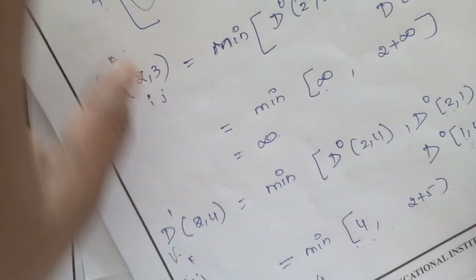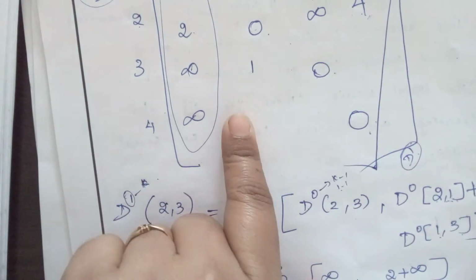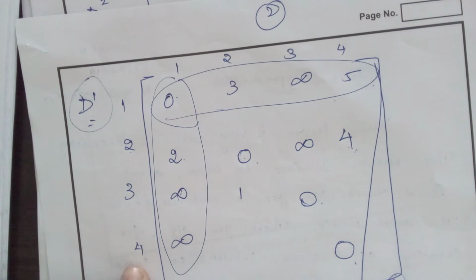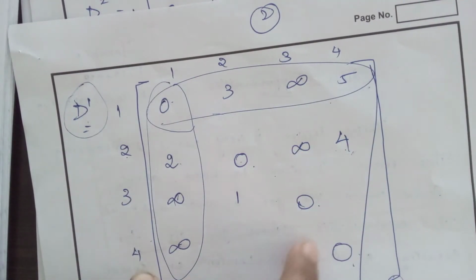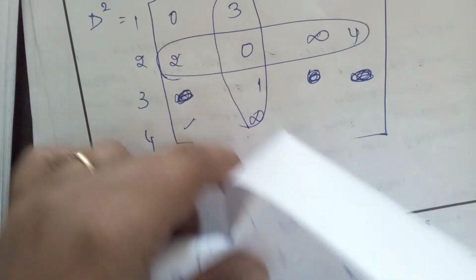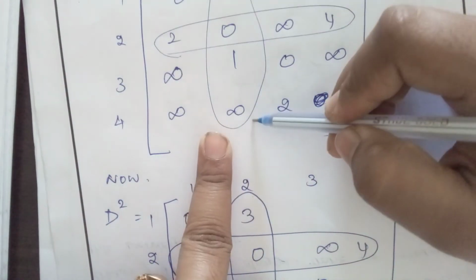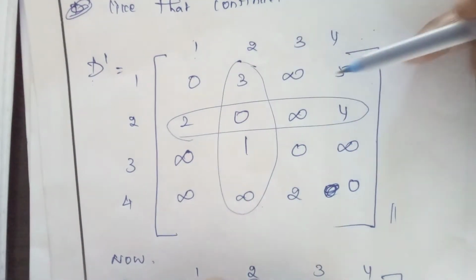Like that you have to continue. We have filled D(2,4). Still the matrix is not yet solved. See, we have to find (3,4), and then (4,2), and then (4,3). We have to find these values, okay. Based on this formula you have to find these. Yeah, the value becomes infinity and infinity. At last we found the value D¹ like this, okay.